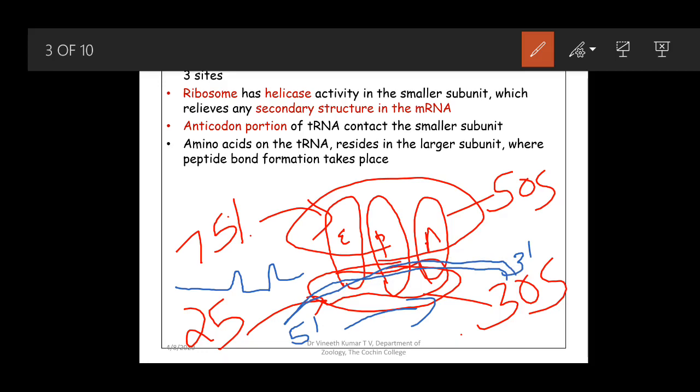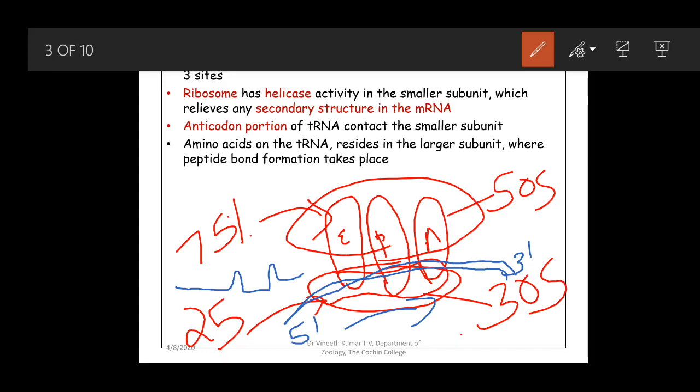The space through which the mRNA moves is a perfect space only for a single-stranded RNA. No secondary structures can be accommodated. As a result, if some secondary structures are present, a helicase activity is present at the particular entrance of the